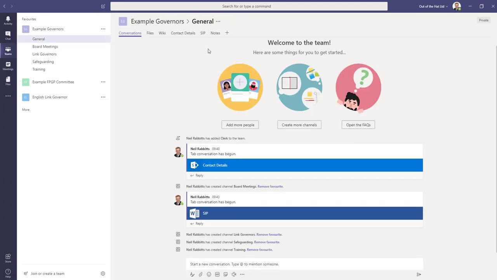Now these tabs are configurable, so the team owner can choose what they are. By default you get conversations, you get files, you get a wiki, which is an information resource if you want it. I thought I'd show you a couple of other things that we do that may be of